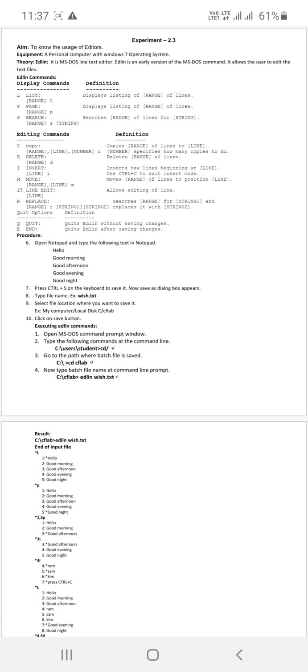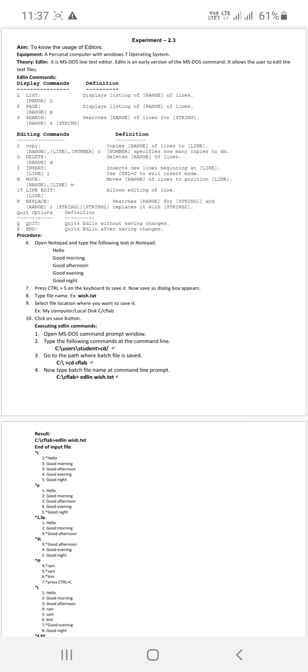Next one is P. P means page. First you specify the range and then give P. It displays a list of a range of lines. The third one is search, denoted by S. First we type the range, then S, and then we write the string. Here the string is nothing but text. It searches a range of lines for the string.